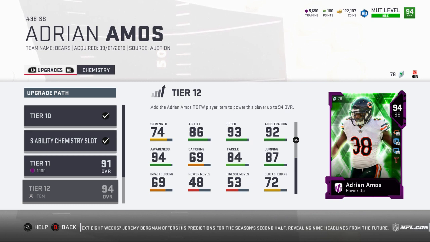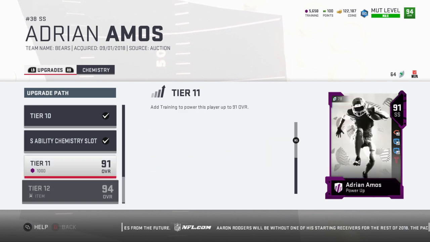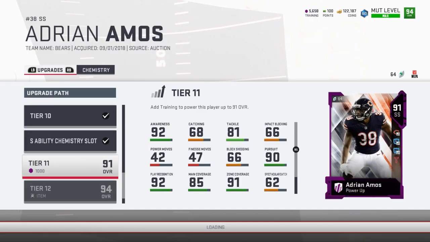Like, the next Amos to come out, let's say he comes out with a 96 overall Flashback Friday card, or a Flashback Friday Thanksgiving promo. What's the promo? The Friday, dang it, where everything is cheap. I can't think of it. I'm drawing a blank right now. Well, that damn Blitz promo. Let's say they come out with like a 96 overall Amos. I should just be able to add the card. I shouldn't need more training. I don't like how sometimes there's a gap between training and the cards. I don't like that. But anyways,